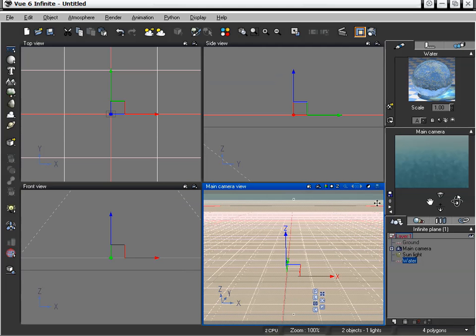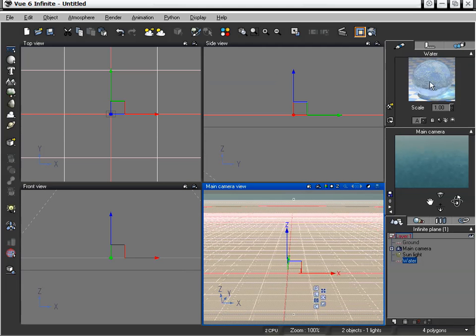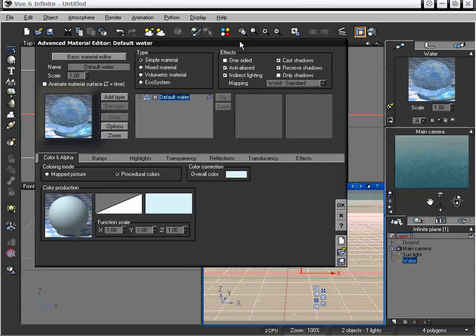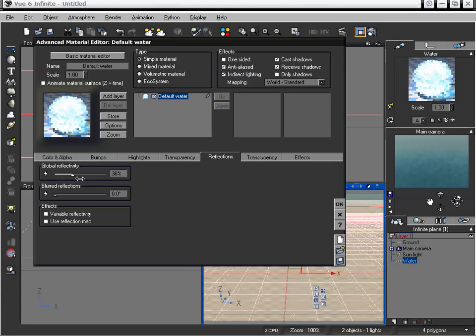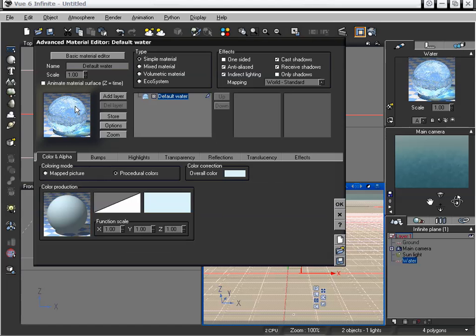Now we can edit water a couple of different ways, and if we double click on our water preview up here, we can do a number of different things. We can go to our transparency, and under fading out we can adjust whether we want it to be clear water or murky water. We can even adjust our fade out color and light color, and then of course refraction, and if we go over to reflection, we can add a little bit of reflection to that water so it reflects our sky. And we can also load in different water types, which we can do just by double clicking on this preview